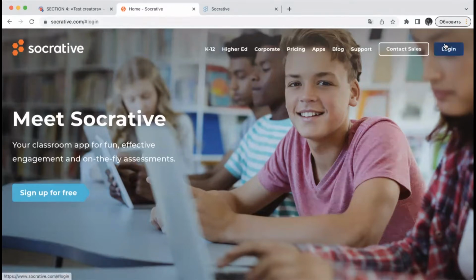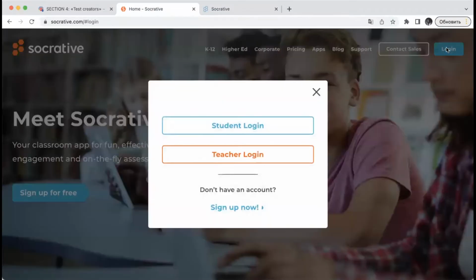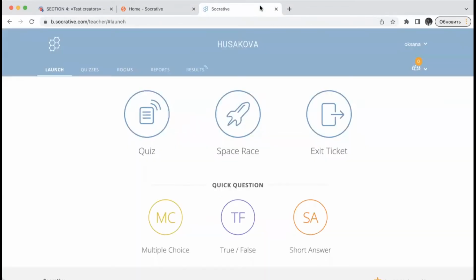You need to choose the button called login, and here you can see 2 options. You can choose student login for your students, and you need to use teacher login for yourself. After that, you will see the page with the main information about yourself and about your profile. So we are going to start exploring this application step by step, and we will have a look at these